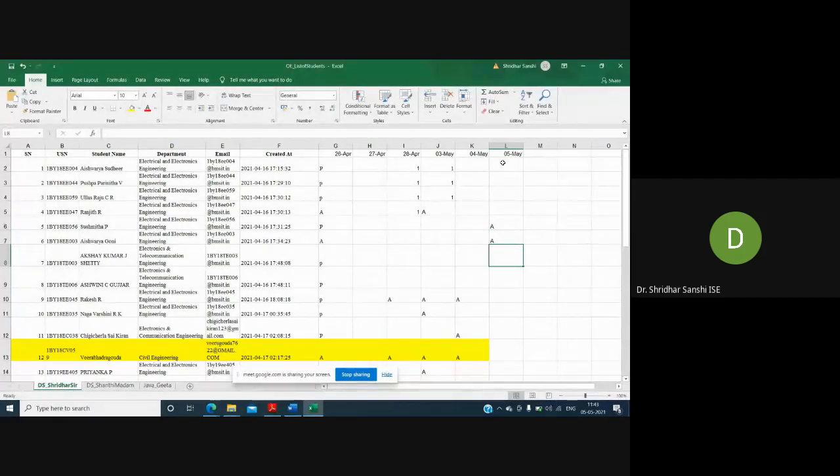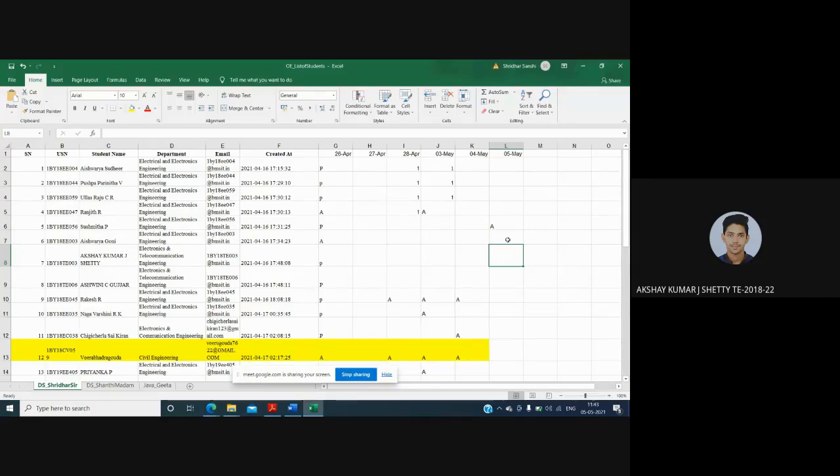Absent. Screen is visible, no? Who is present, who is absent. So this is the column. Present, sir. Who is this? Roll number. Aishwarya, right? Okay. Next, Akshay Kumar.